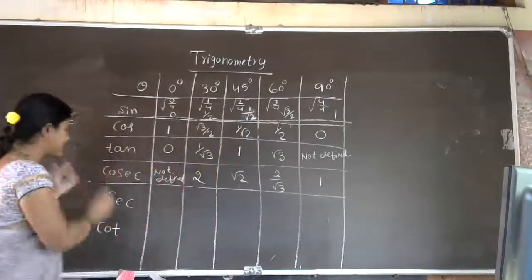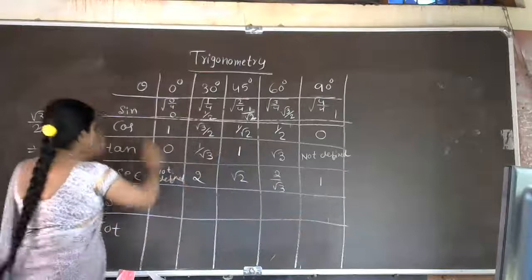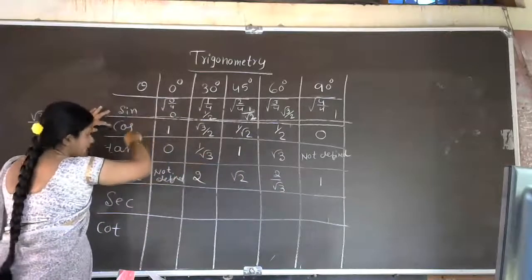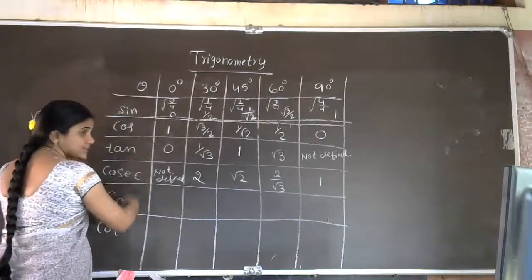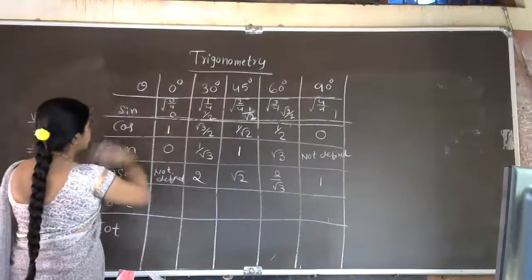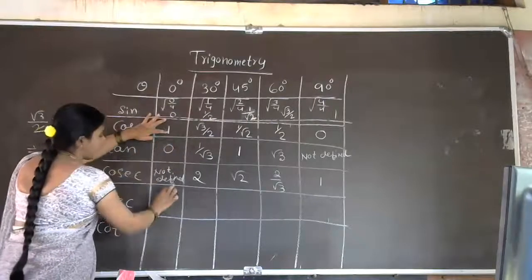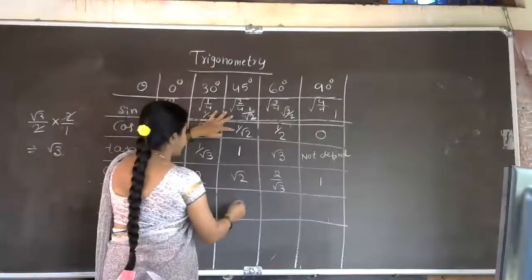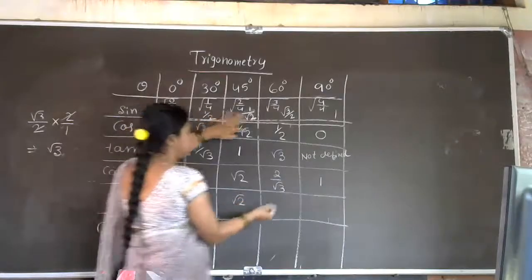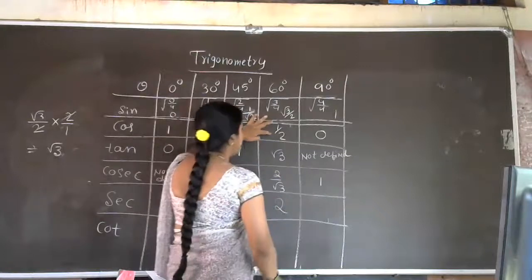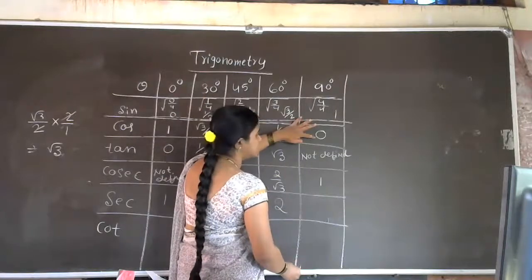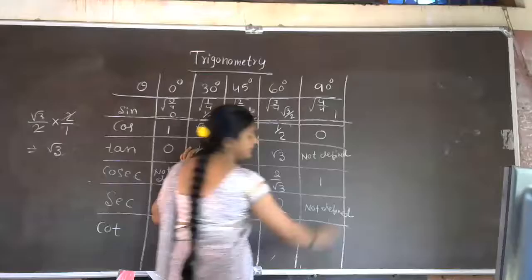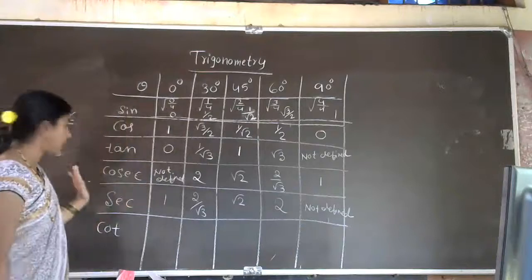Next, in the same way, secant we will finish. Secant is exactly the reciprocal of cos. See, while writing you have to be very careful. Sin, then cos, then tan, then cosec, then secant, then cot. Now secant is the reciprocal of cos. Cos there is 1, 1 by 1 is 1. Next root 3 by 2 means 2 divided by root 3. Next 1 by root 2 that is root 2 by 1, root 2 only. 1 by 2 that is 2 by 1, 2 only. So next 0 by 1 in the sense 1 by 0, that is not defined. Is that clear, students? Yes, this is about the secant.